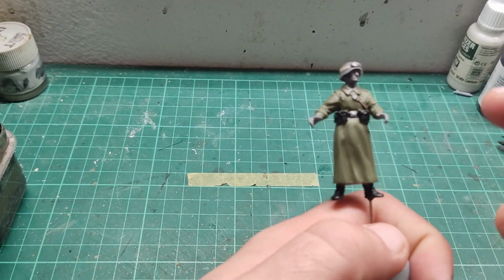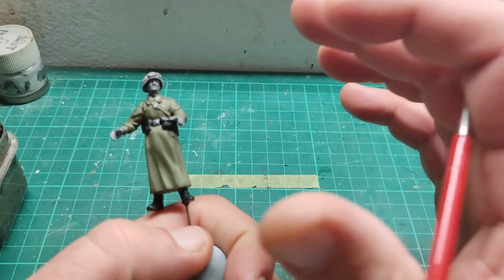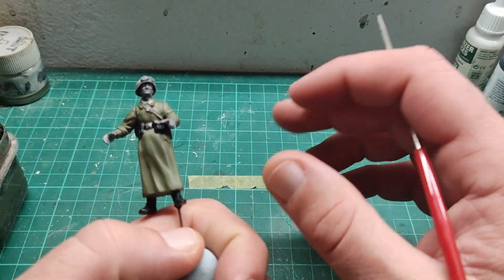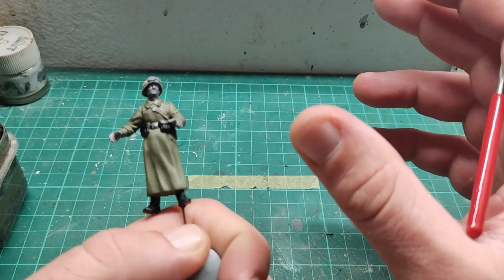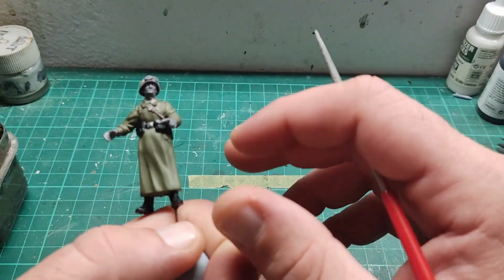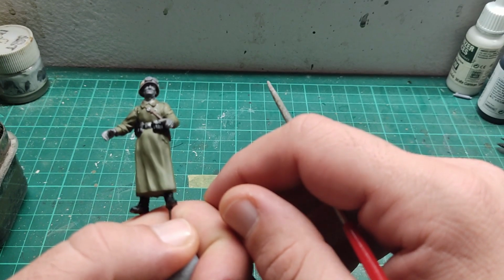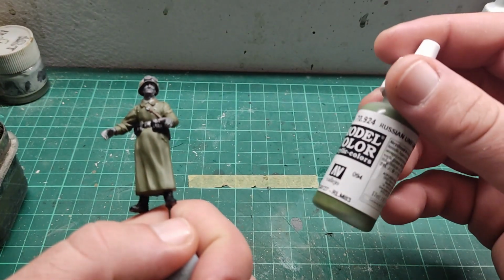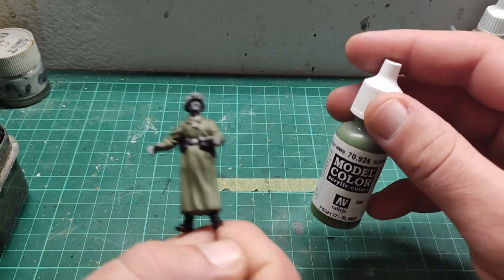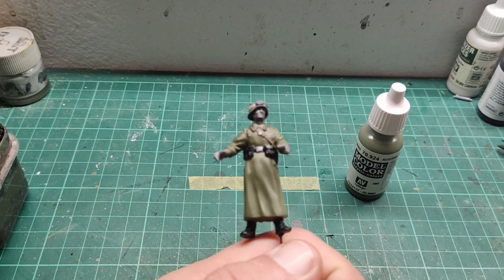And now we move on to the segment that took me more time to do, which is none other than his trench coat. First of all, I didn't have the proper green at my disposal, so I opted for whatever I had. I took the decision to base coat him with Russian uniform 70.924. So I gave him a base coat of this color, and then I diluted this color with